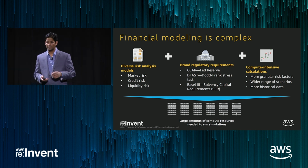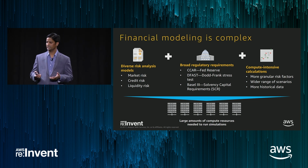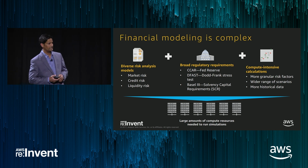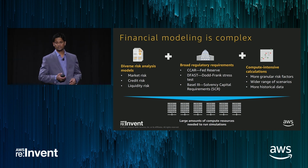These are when there's CCAR. CCAR is a stress test mandated by the Federal Reserve for large American banks. Again, this is to test capital adequacy. Same thing with Dodd-Frank. Dodd-Frank is American legislation implemented widely. This is an offshoot of the 2008 financial crisis that led to the Dodd-Frank Act. And then Basel III, this is solvency requirements, an international framework that is implemented in the